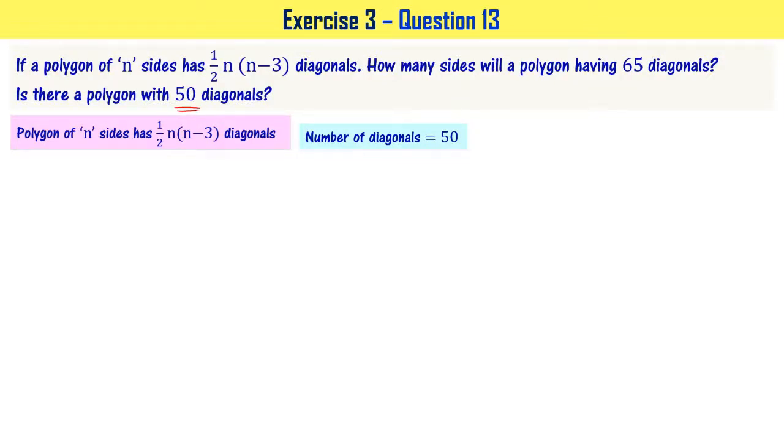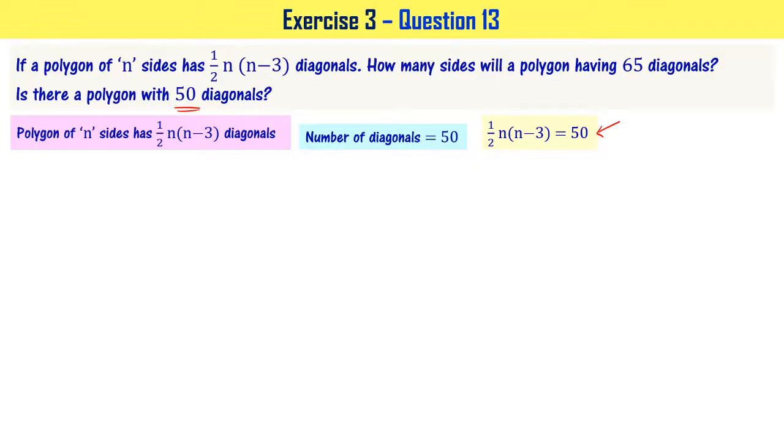Now let me write the equation as half n times n minus 3 equal to 50. We try to solve this equation. Okay, when you solve this equation, if you get the real roots, that is one possibility. You may not get also. If you get real roots, then you say that, okay, there is a chance. Then you will see whether you are getting integer roots or not. Real roots are not sufficient. You have to get integer roots, right?